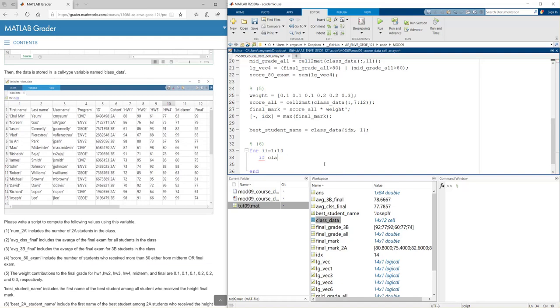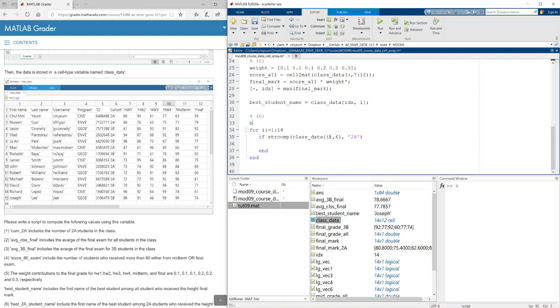Okay. String compare class data, ith row, 6th column, is the 2A. Okay. And then we are reading the